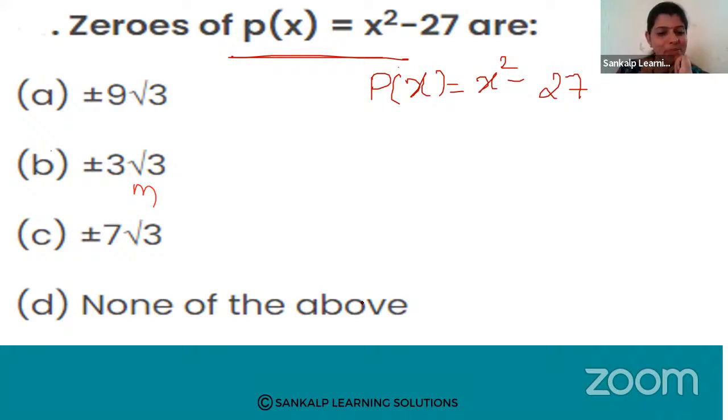Which option is right? Yes, my dear children, which option is right here? P of x is equal to